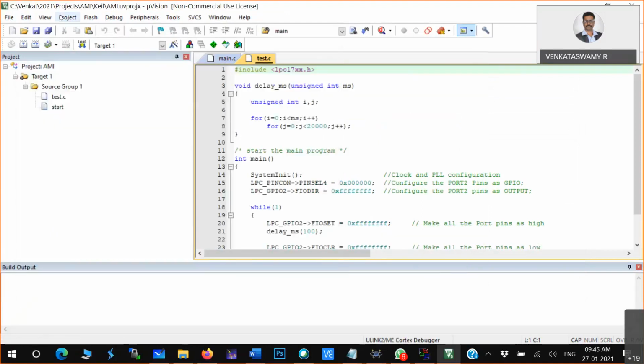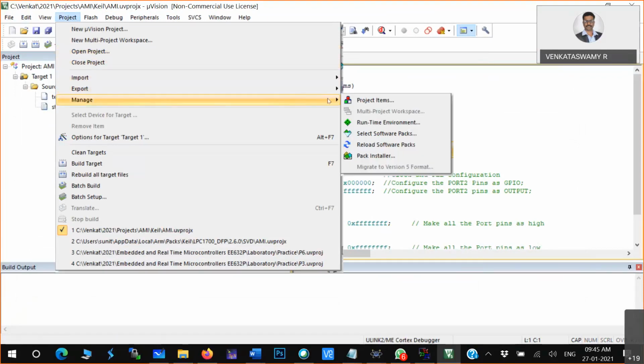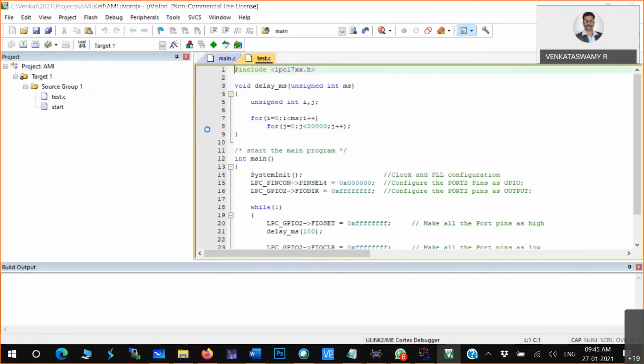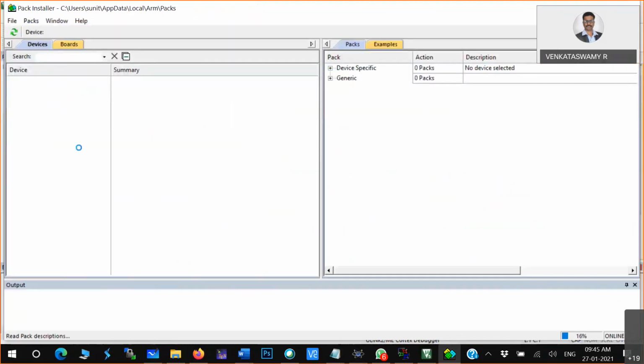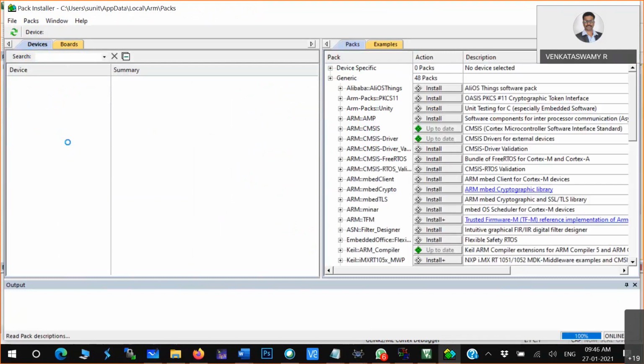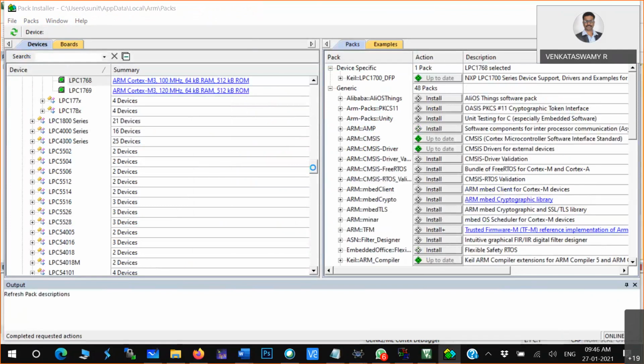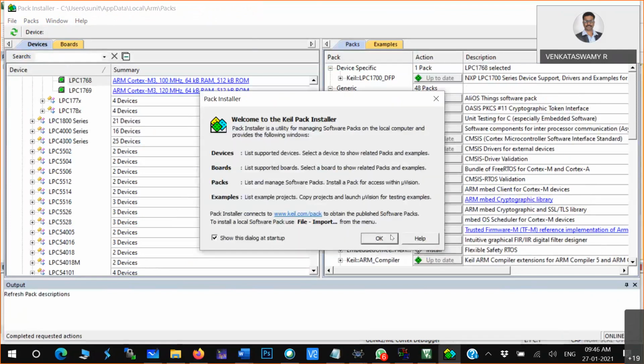This is the Pack Installer. Now can you see here, devices, microcontroller and microprocessor. I'm just fetching the list of microprocessors and microcontrollers. Can you see here?